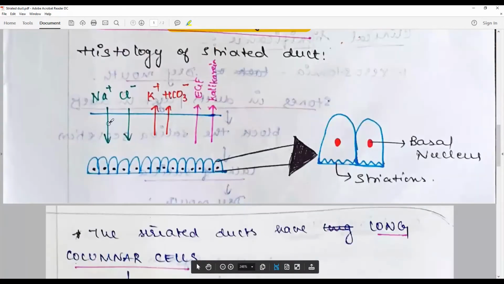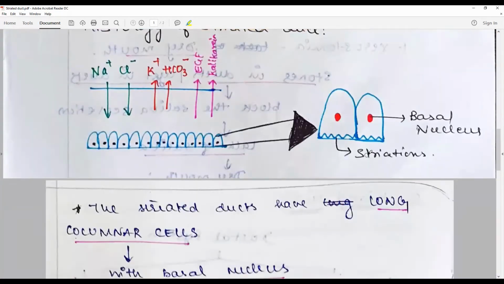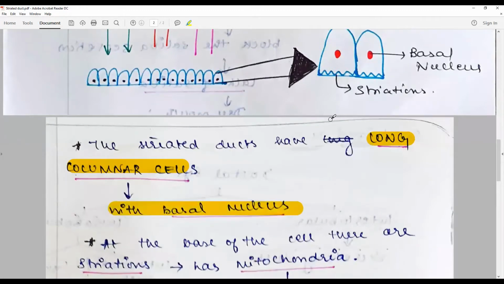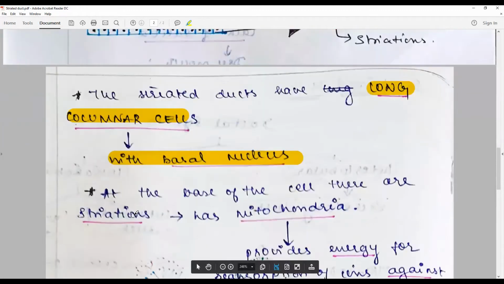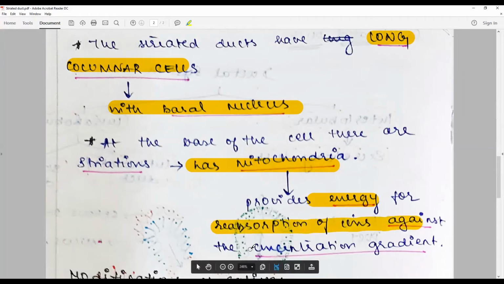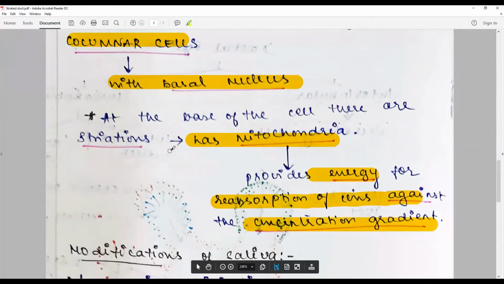Histology, start the diagram. Basically, the striated ducts have long or tall columnar cells. Very important: long or tall columnar cells with a basal nucleus. At the base of the cells, there are striations which house microvilli and mitochondria, which provide the much needed energy for the function. What function? The function is resorption of ions against the concentration gradient. So they are rich in mitochondria and stained by a stain called